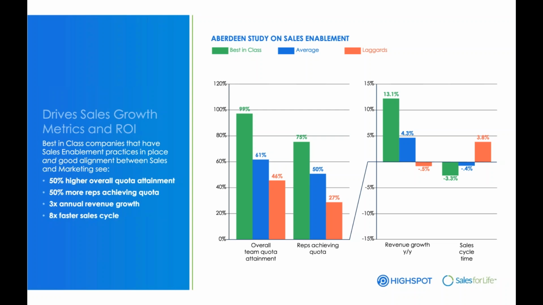We see a couple of pretty staggering stats. We'll see 50% higher overall quota attainment. We'll see 50% more individual quota attainment. We see higher revenue growth,